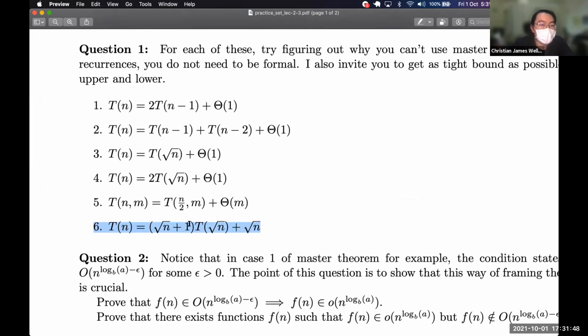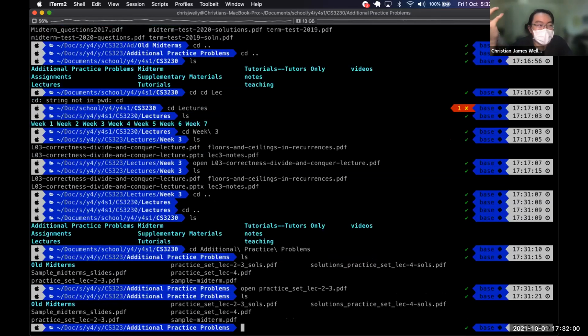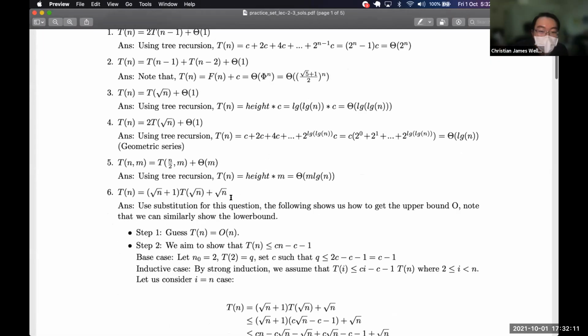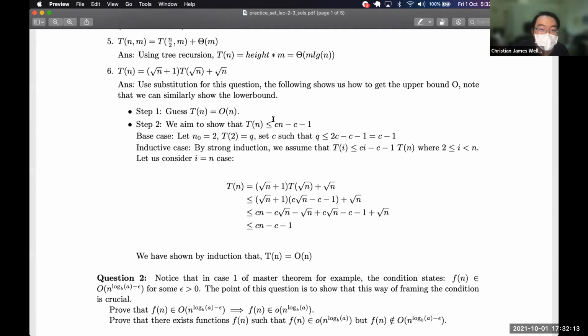I actually struggled to come up with the first good guess of the answer, but let me spoil you a bit. The answer is Tn equals On. But Tn equals On still means that I have to find a good inductive hypothesis, right? Because I cannot just say upper bounded by Cn. So if you see the answer, it's going to have some inductive hypothesis over here, Cn